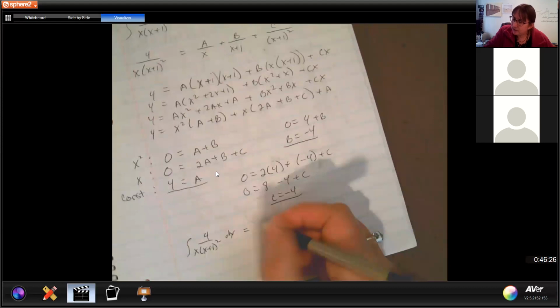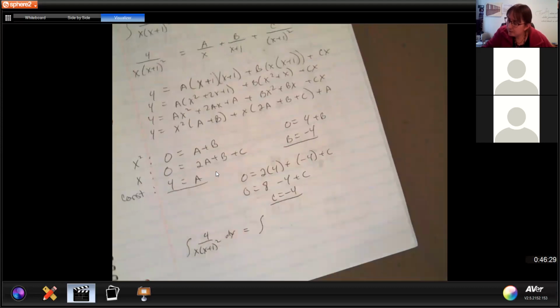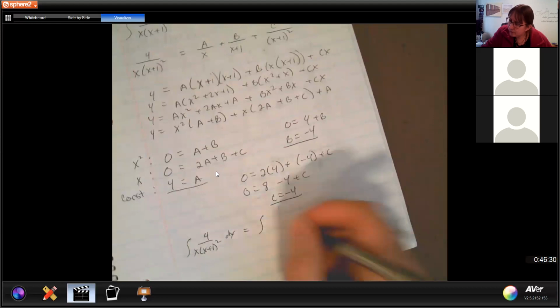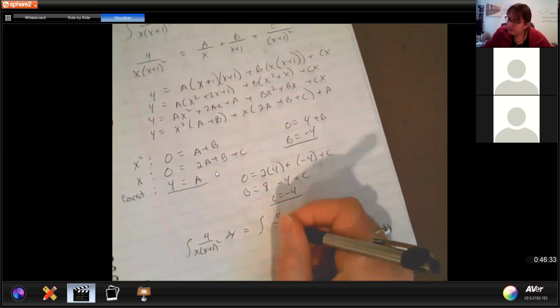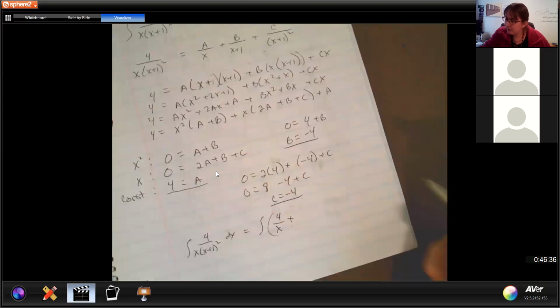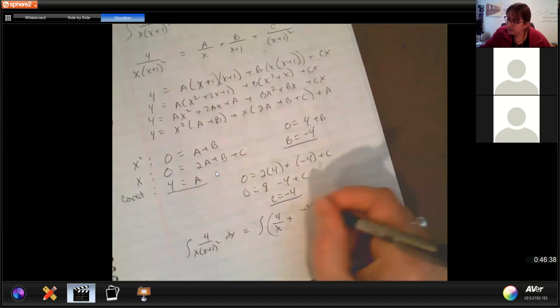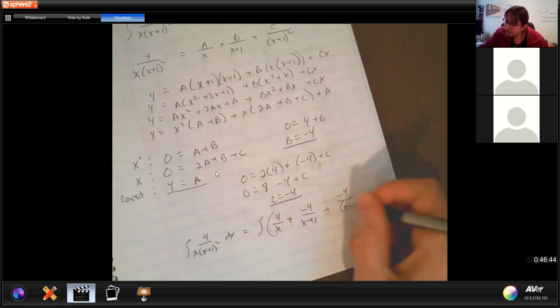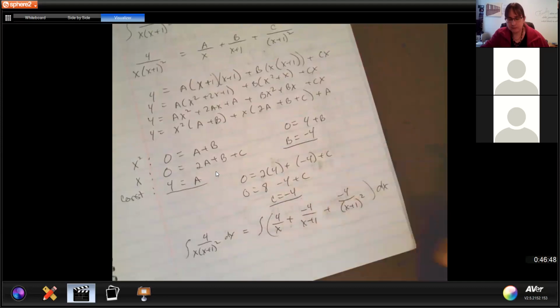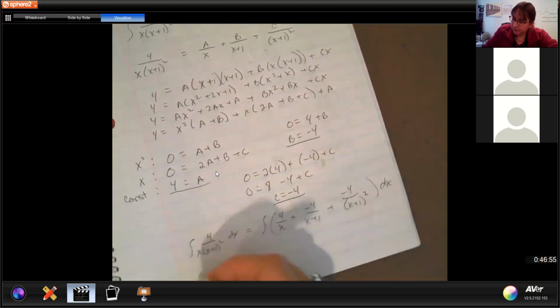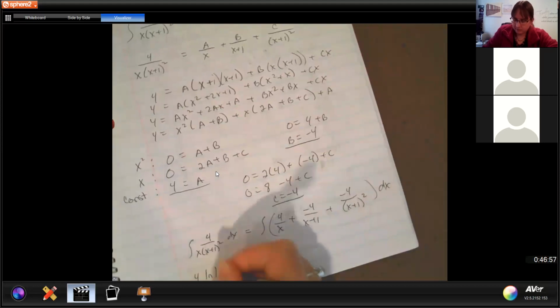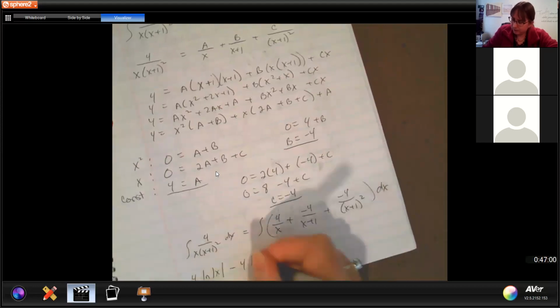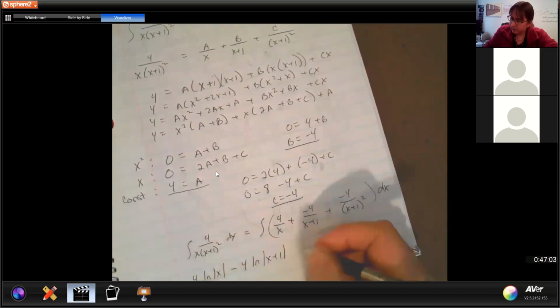And our partial fractions of it is A, 4 over x, plus B, what's B? -4 over x plus 1, plus -4 over (x plus 1) squared dx. So we're looking at 4 ln x minus 4 ln (x plus 1) plus